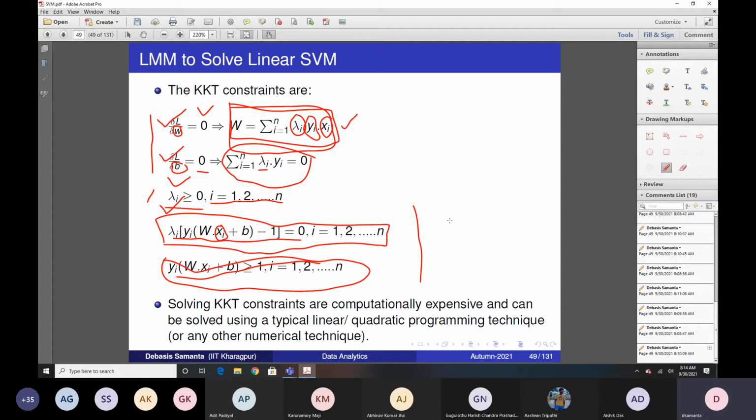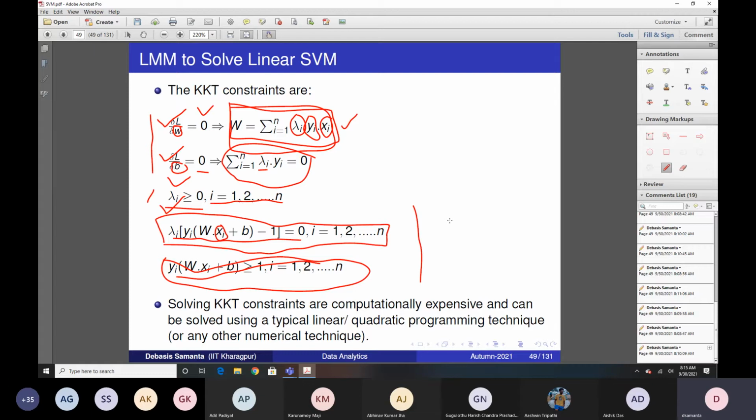Now this has a very important implication for solving this problem, because it leads to fewer computations. If lambda_i is equal to 0, for most of the terms you don't have to calculate anything, but only for those for which lambda is greater than 0. So it is 5 to 10%. Out of 500, at most about 50 equations will be there that you have to solve, and then you get the value for b or w and the rest. So it is very easy. Anyhow, whenever we discuss an example, we can understand this concept better. I will discuss it again so that you can understand it.